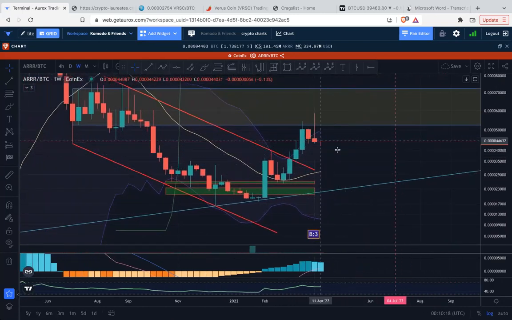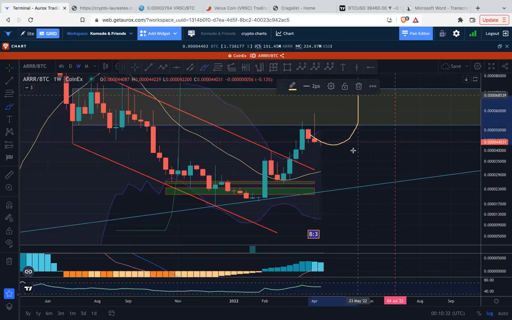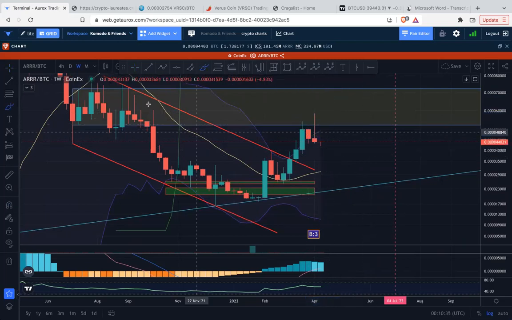Looks like some retracement down towards this 20-week moving average. That's what we're looking for, and we're looking for it to hold as support if it needs to touch there. The other option is just a pause at the top of the Bollinger Band and then going for more. But I mean, why did you do this to us? Although I guess there's a history of wicks on the Pirate Chain price chart. So let's not worry too much about that. That's really all I would have to say about the Pirate Chain price chart.